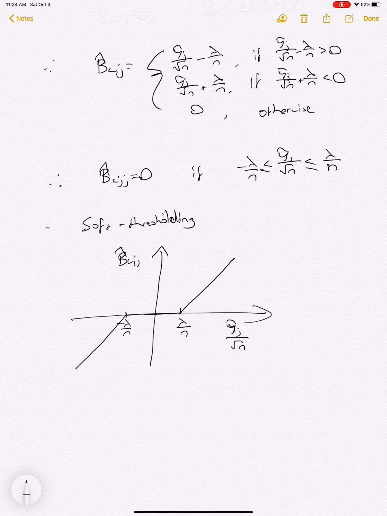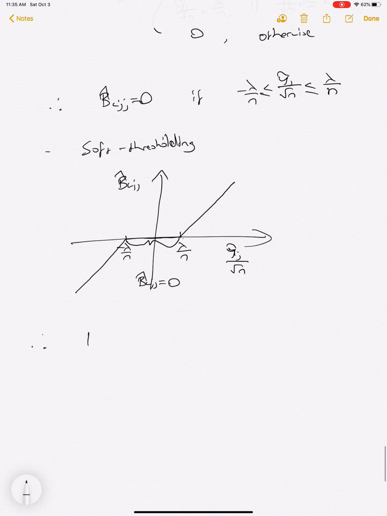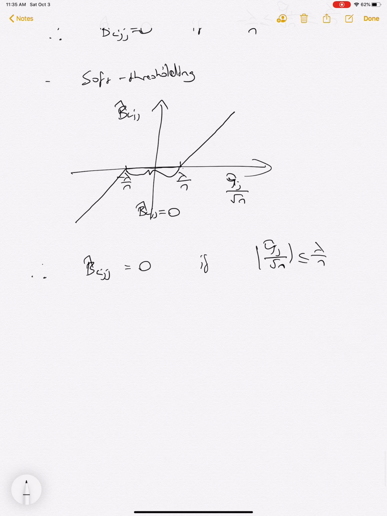We can see this is the region where beta hat Lj is equal to 0. So we clearly see that if y tilde j over square root of n is less than or equal to lambda over n. Okay,